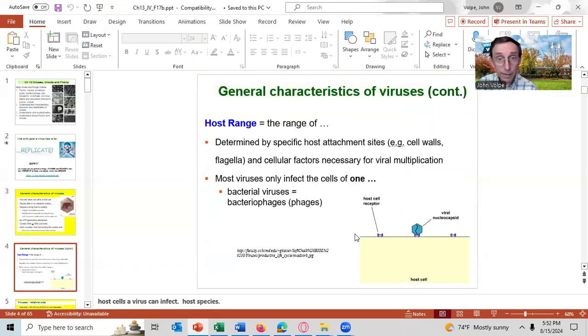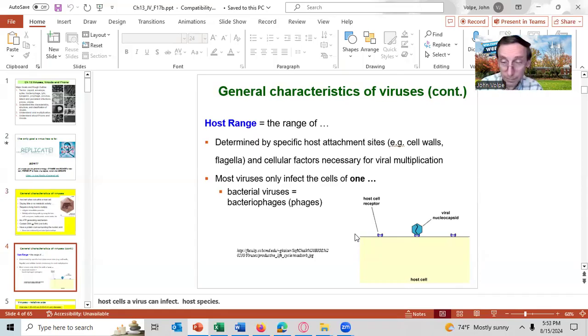The host range of a virus is the range of cells that the virus can infect. Most viruses have a narrow host range where they can only infect a few cells of one or a few species. An example would be HIV, which can infect human T cells, and I think macrophage cells and brain cells and a few other cells of humans, and it can infect a few cells of one species of chimpanzee, and that is the only cells that